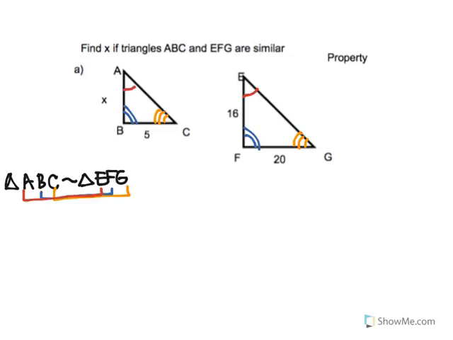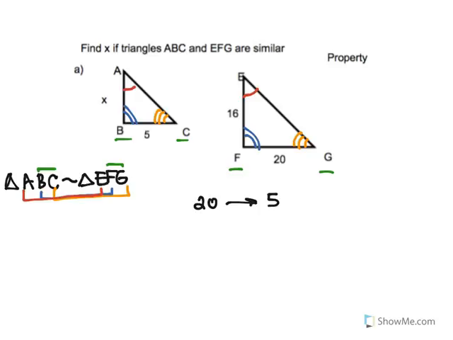Now, if all of the corresponding sides in similar triangles are proportional, I can set up a proportion in order to find X. Let's start with side FG. Side FG are the last 2 letters in the second triangle. So let's look for the corresponding side, which is going to be the last 2 letters in the first triangle, or side BC. So now I can set up a proportion where 20